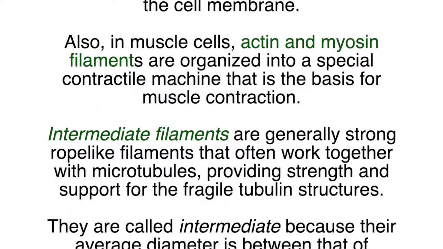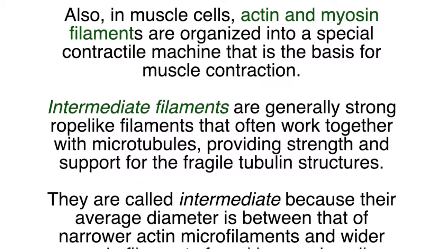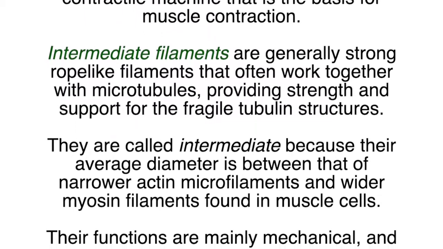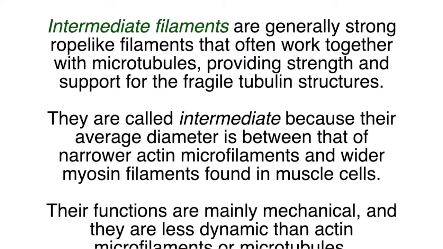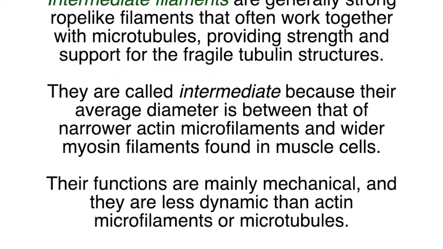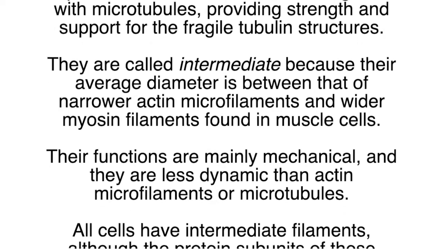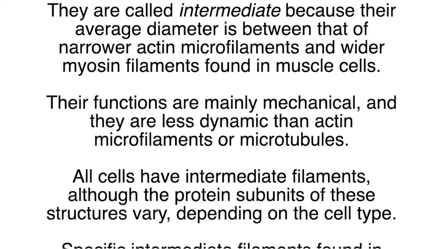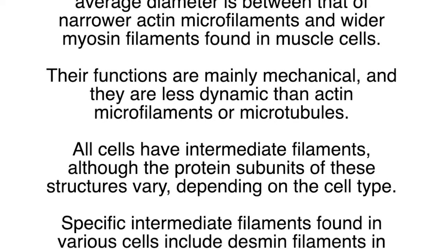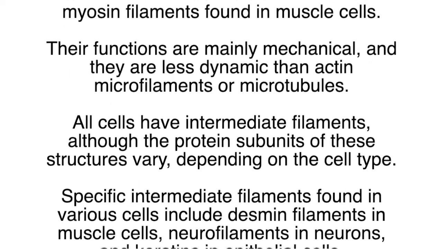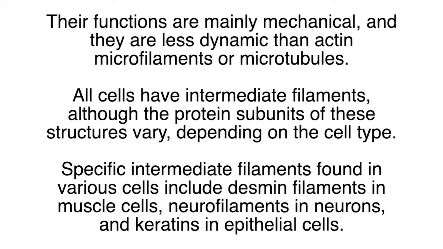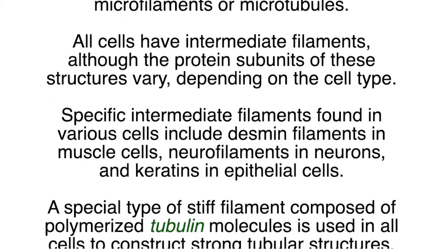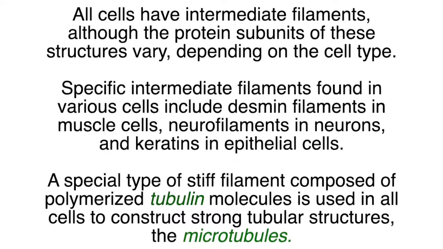the fragile tubulin structures. They are called intermediate because their average diameter is between that of narrower actin microfilaments and wider myosin filaments found in muscle cells. Their functions are mainly mechanical and they are less dynamic than actin microfilaments or microtubules. All cells have intermediate filaments, although the protein subunits of these structures vary depending on the cell type. Specific intermediate filaments found in various cells include desmin filaments in muscle cells, neurofilaments in neurons, and keratins in epithelial